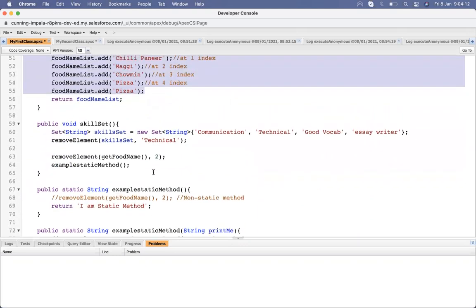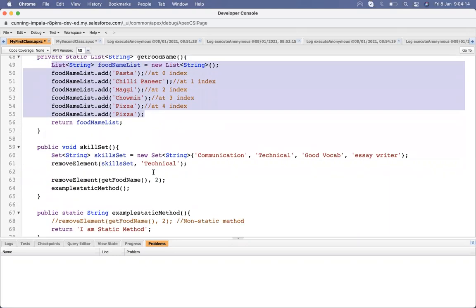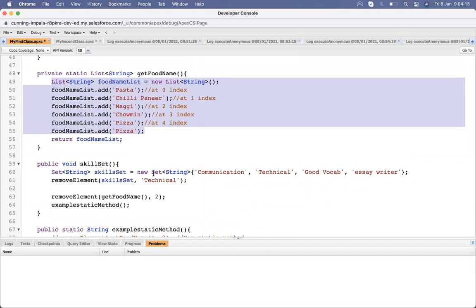And it's just a way of doing things. If you don't do that, it will not give an error, but we can use the property of static methods: it can be easily callable. We don't need to declare an instance of a class. It's called from any place, we just write the class name and then the method name, and we get all the values related to that static method.